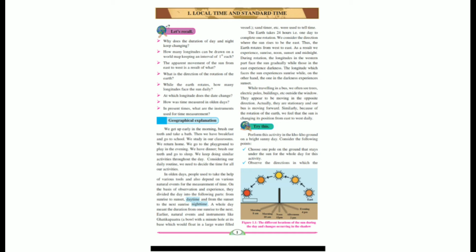Note the relative direction of the shadow and the sun in your notebook. Where is the sun located in the sky when shadow is the shortest? When shadow was the shortest, you should see where the sun was. You can see in the picture that it is noon, 12 p.m., means midday.